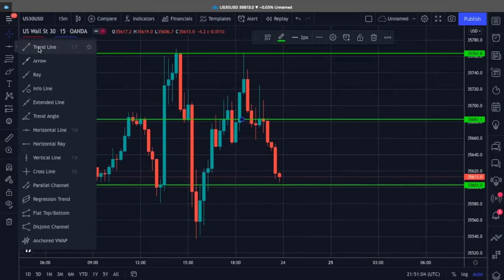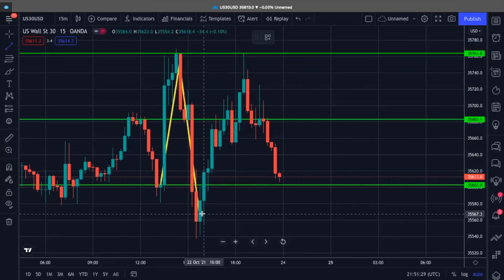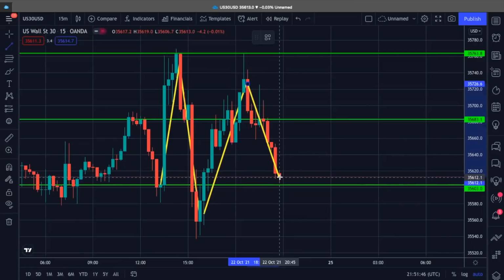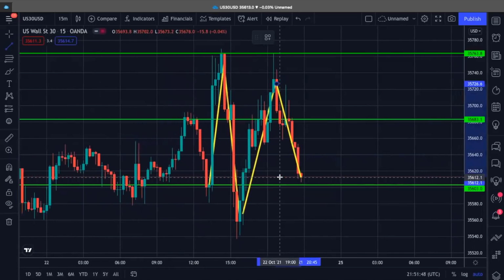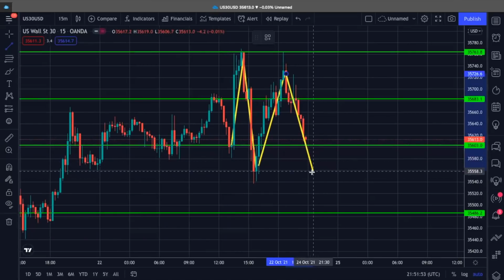So let me go ahead and drag that. You guys should definitely be aware of M's and W's. Just looking at this chart, I see the possibility that this can drag all the way down to here, because it has surpassed my support line. I can technically get in for a sell stop at 35,603 and then just have it going all the way to my TP at